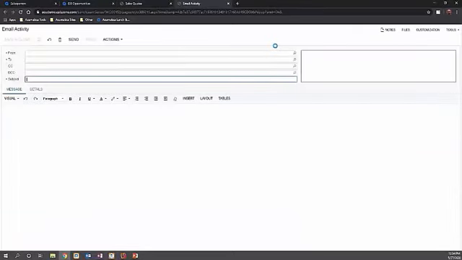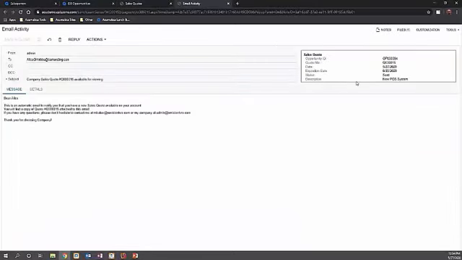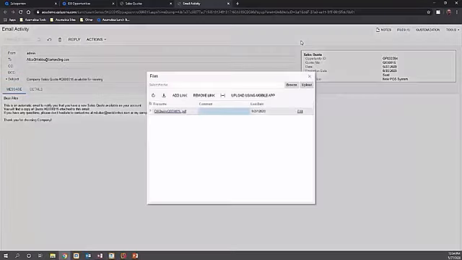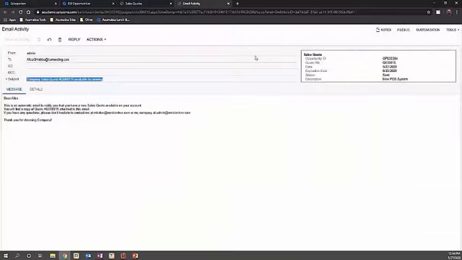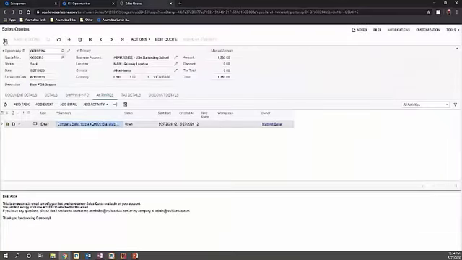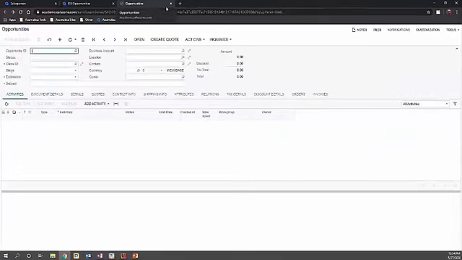If I open the document, you'll see all your information that the system's tagging to the email itself, and then the file that's been generated and attached to the email can be seen here as well. If I go back to the opportunity that we created this from,